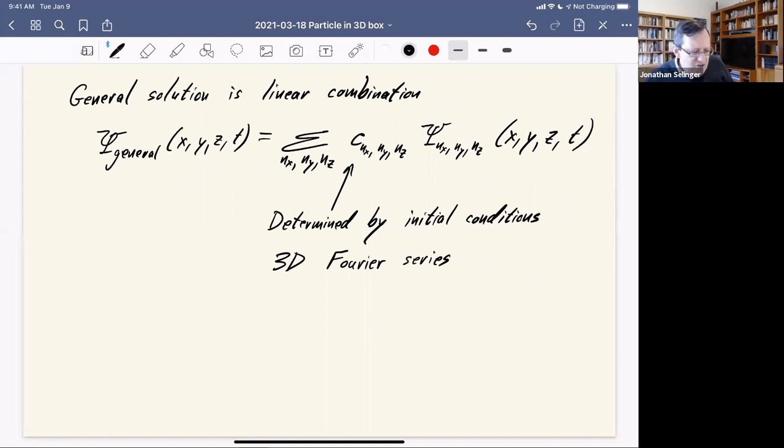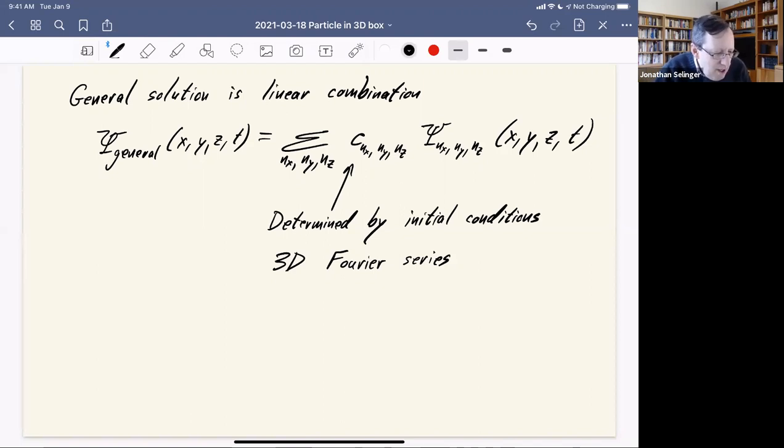And you can solve it with the same kind of method that we've done before in one dimension, taking the inner product with each of these sides. You take the inner product of both sides of the equation, and that gives equations to determine each of those C's separately. I don't really want to do an example of that just now because that's kind of a messy thing to do. I want to show you something else that's maybe a little bit